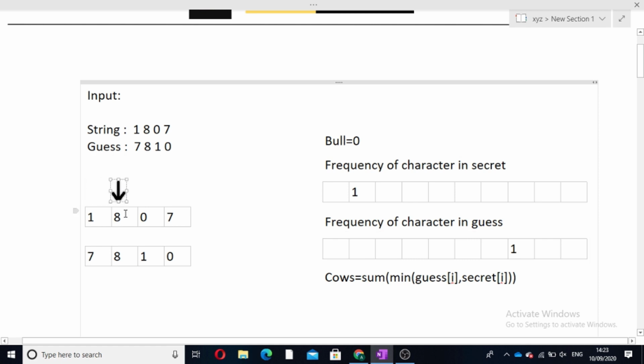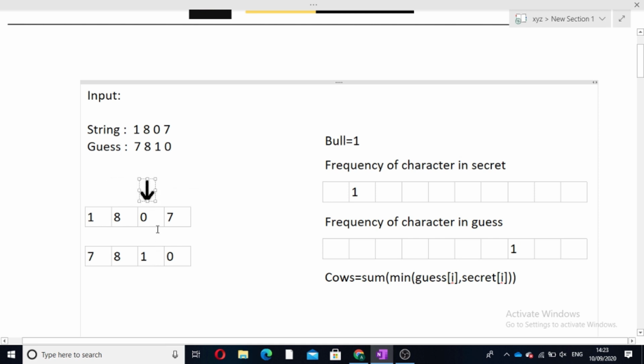Now we have the pointer at index 1, and at this index the characters of both the strings are the same, so we will update our bull variable. It will be equal to 1. Now these values will not be added in a frequency array. They will only be added in a frequency array when both the characters at a particular index are different. Now we will move ahead.